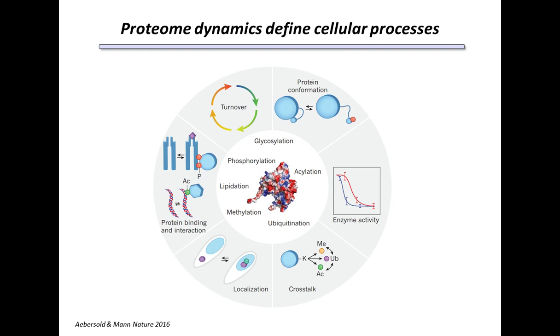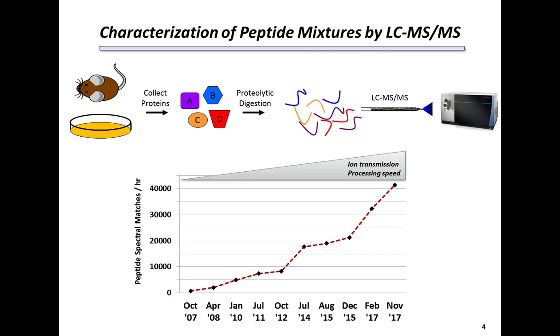Now, when we think about the functions that are going on within cells, one key aspect of understanding that is to understand the dynamics of the proteome: the proteins that are present, the activities that they have, the locations that they're at, as well as the marks, or the post-translational modifications, that lie upon them, because in many cases these are controlling the function as well as the location of those proteins within cells. And ultimately, proteins get turned over by a series of different pathways, some of which we'll tell you about today.